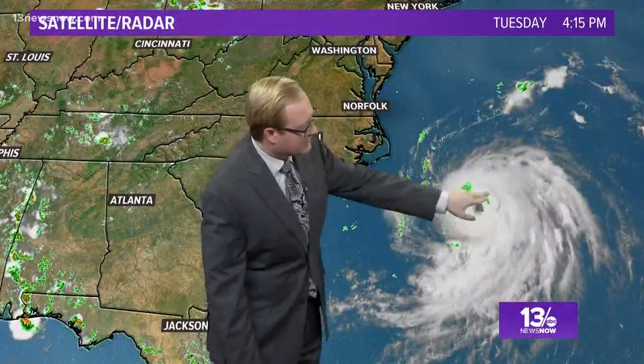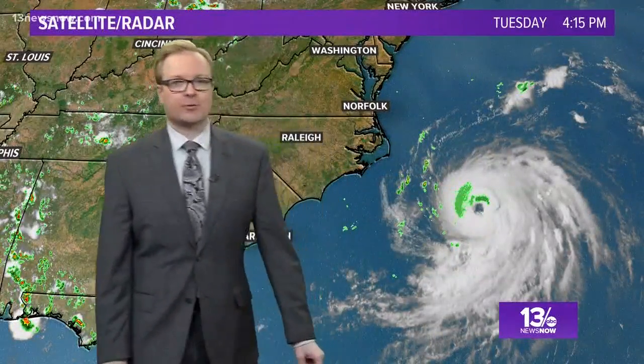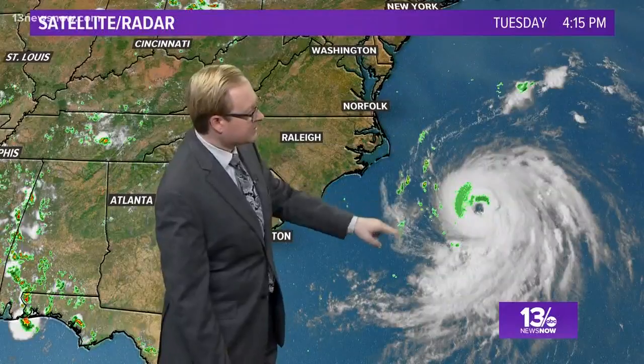You can see as we've gone through the day today just how that eye has really started to form, and in these last few frames we're really seeing those thunderstorms firing up around the edge of the system. A couple of showers off the Outer Banks of North Carolina, but the storm is moving off towards the north and east and will accelerate in that movement once it gets picked up by the cold front that's set to